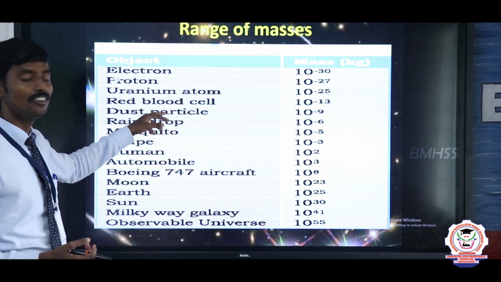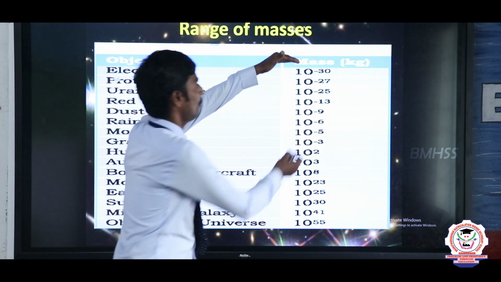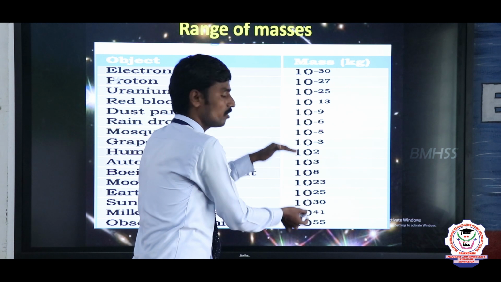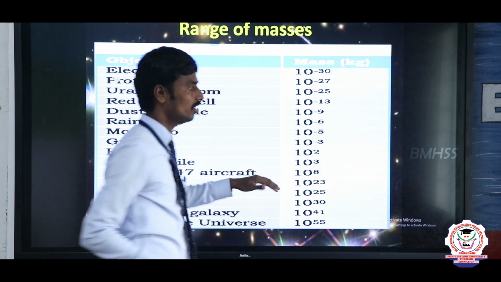This is the range of our mass. This is the microscopic range, this one is the macroscopic range. This is the smallest object, this one is the large object. Okay, so the next one is